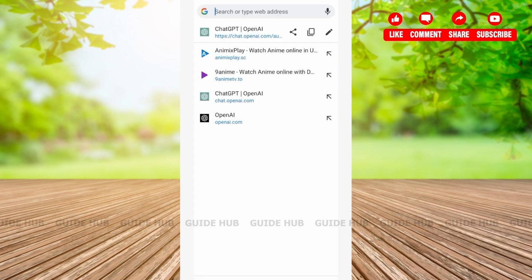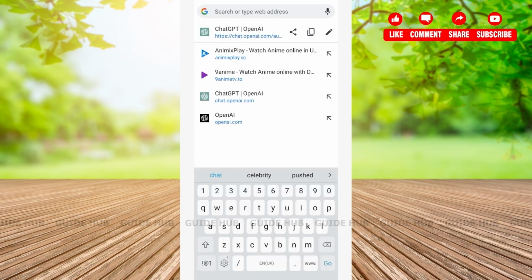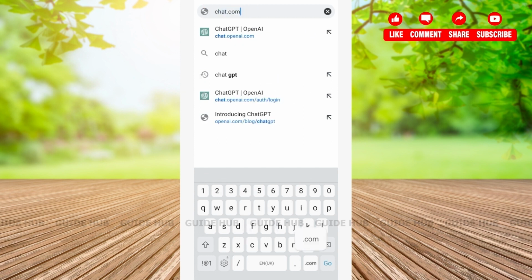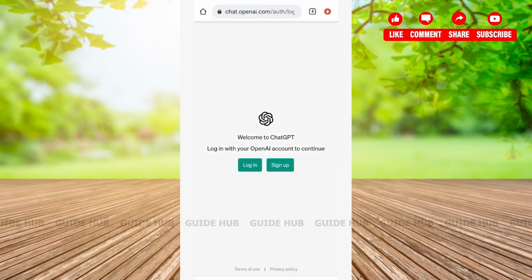Google Chrome. After opening our Google Chrome, you'll be able to see a search bar. On the search bar, we'll be typing chat.openai.com. After searching chat.openai.com, you'll be welcomed to the page where you can either log into your ChatGPT account